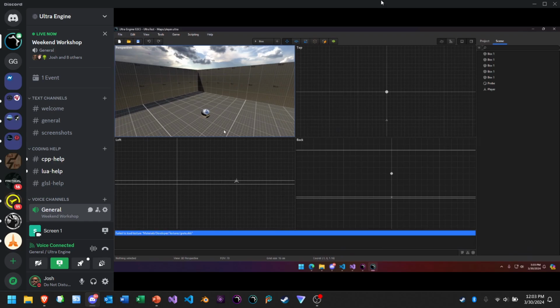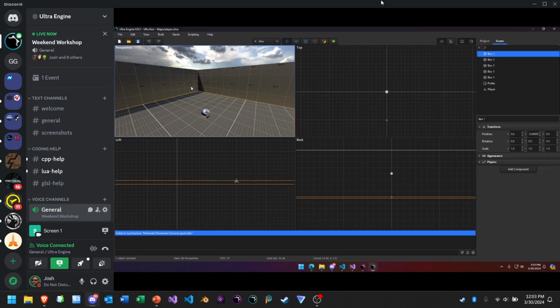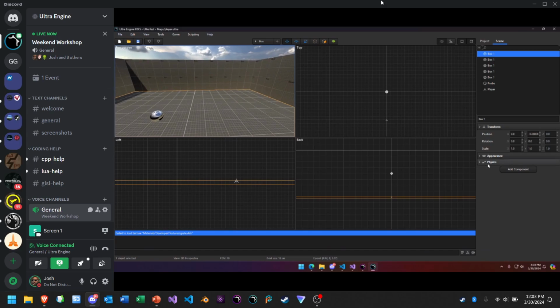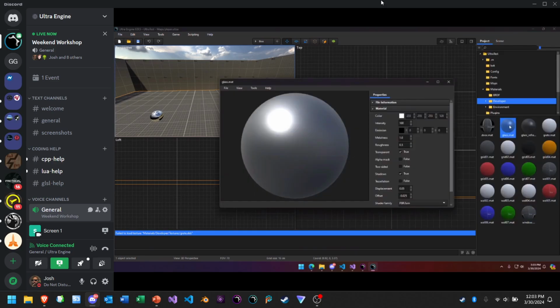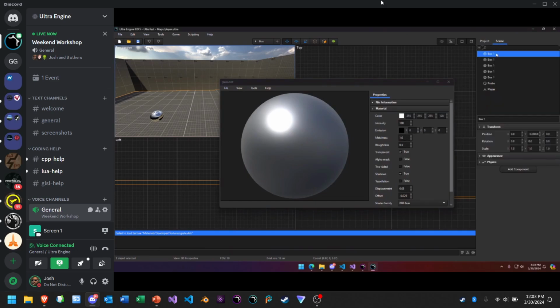Okay, so it seems like maybe the best approach would just be to duplicate all the properties that appear in the entity properties. Can you click on a box or something over there on the right? All the properties that appear there, perhaps those can also be duplicated in the asset editor when a prefab is loaded. So like here, instead of this. I mean, it would be duplicate content, but